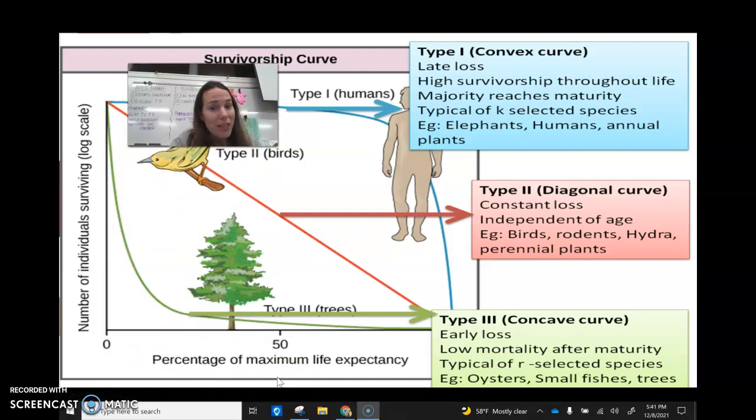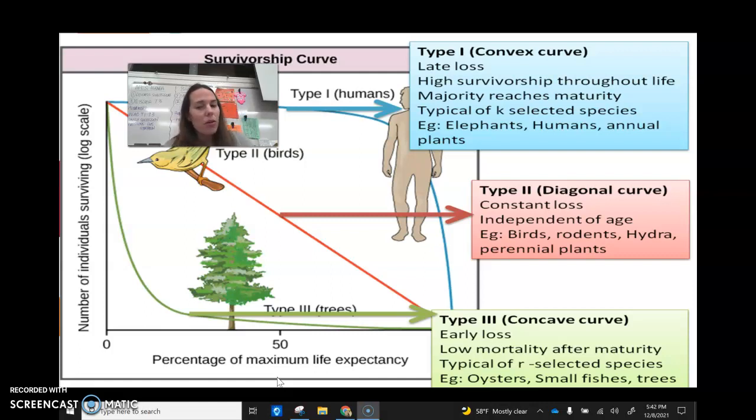You'll notice it's pretty typical of our selected species. Why do you need to lay 500 million eggs? Because honestly, most of them aren't going to make it. Okay, they're not going to make it, unfortunately. We have a pretty high mortality early in life. Lots of organisms die. But as we get to later in life, after maturity, it's a pretty low mortality, right? So you can see it leveling off.